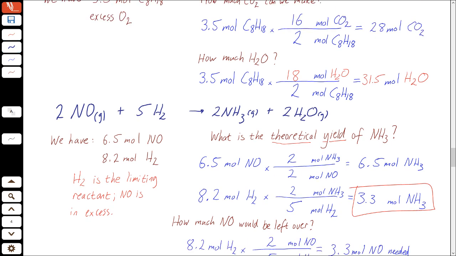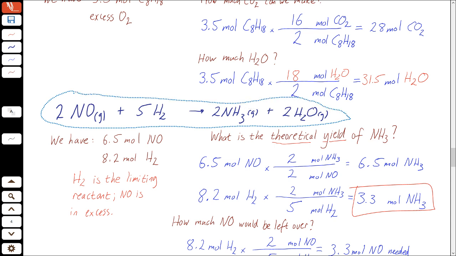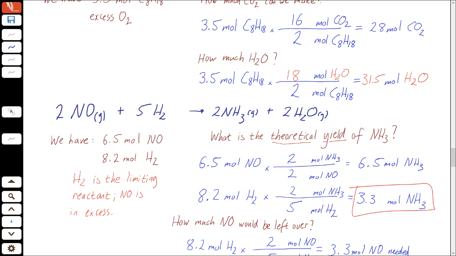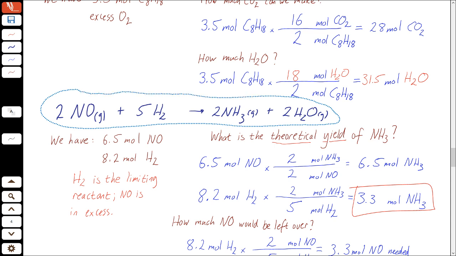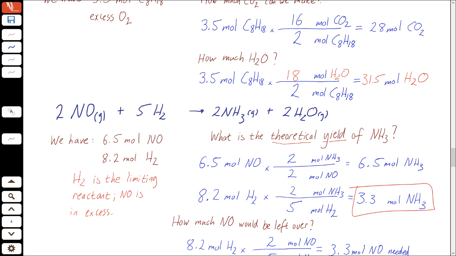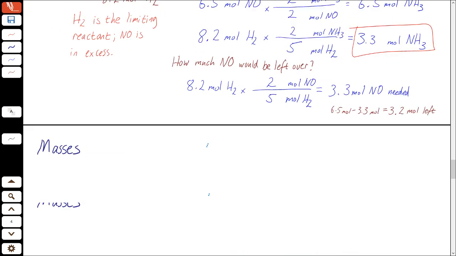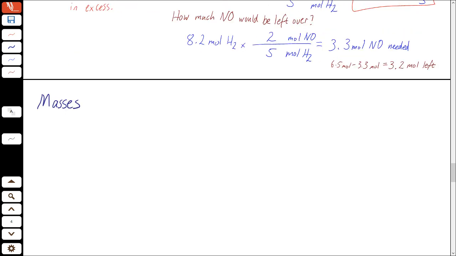So let's look at that same equation. I'm going to give you the same type of problem. The only difference is, man, this computer really does not like this selecting thing. No, I should have just redrawn it. Okay, I guess we're not doing that. I will just rewrite it for you. So we've got 2NO plus 5H2